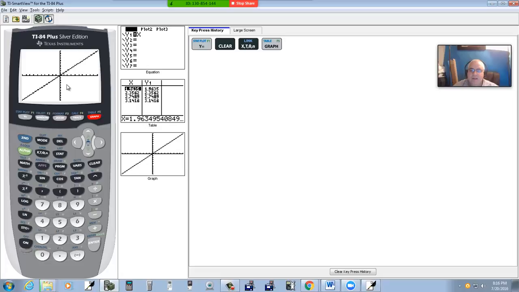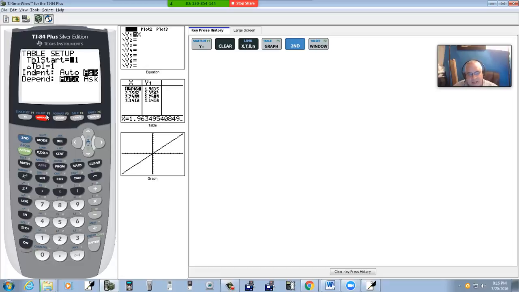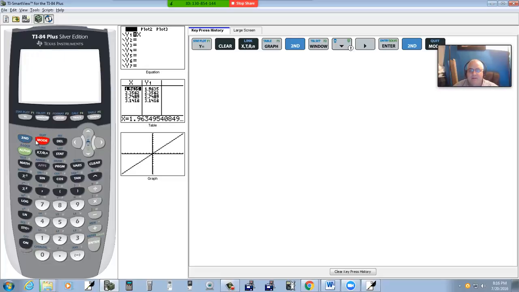Now if we wanted the values from the t-chart, you see where it says table? Well, if I go to second window, that goes into table setup. And you only have to do this one time. If I down arrow to the independent, right arrow, put my flashing cursor on ask, and press enter one time, this will stay this way from here on out. So now if I exit out, and you can exit out of anything on your calculator by doing second mode. Now if I go to my table, if I do second graph,